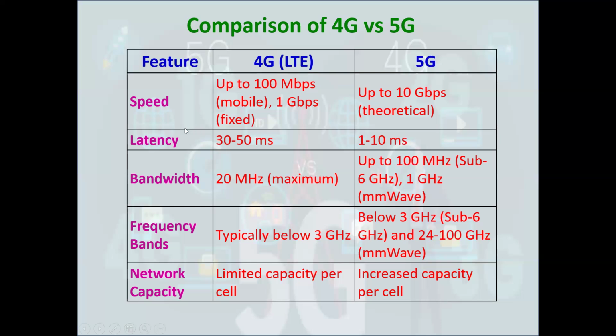The second feature is the latency. The latency in 4G network generally ranges between 30 to 50 milliseconds. This delay is sufficient for more current applications, but it can impact real-time communication and gaming where low latency is crucial. If you are taking the 5G network, one of the key advantages of 5G is its reduced latency, which